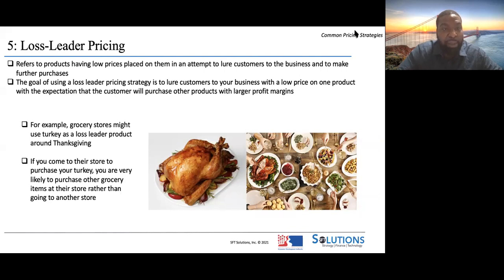So a great example of this would be offering a $9.99 turkey around Thanksgiving, right? Because you know that if I'm a supermarket and I sell you a turkey for $9.99, I got you in the store, but you're going to pack your basket with a bunch of other goods that I'm going to be able to make money on, right? Everybody could tell you Thanksgiving shopping is probably $200 worth of food. So the supermarket is very happy if they basically gave you the turkey at cost, but then they were able to make a bunch of money on everything else that was in your basket.